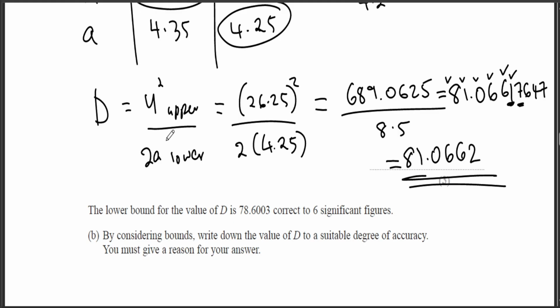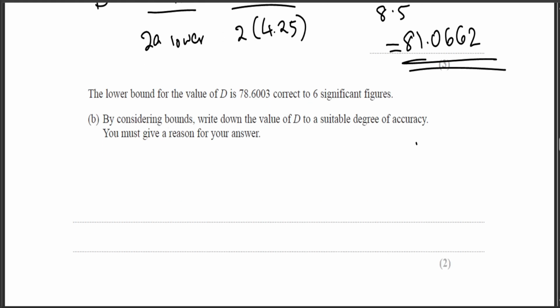Okay. The lower bound for the value of d is 78.6003, correct to 6 significant figures. Considering bounds, write down the value of d to a suitable degree of accuracy. You must give a reason for your answer. Everything usually has a reason. So the lower bound for d, let's say the lower bound is 78.6003, and the upper is